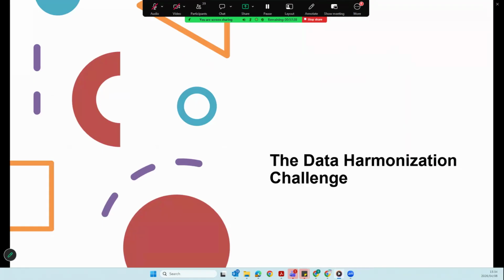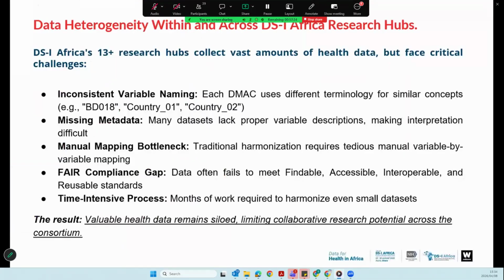So I wanted to start with a challenge. In the Elwazi DSI Africa research, we have multiple research hubs that collect vast amounts of data. As a result, we have data heterogeneity, meaning there are vast and different types of data that is collected. So when we want to do research, you might find there is a cross section of data that is